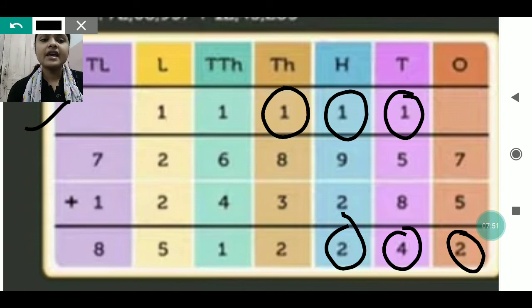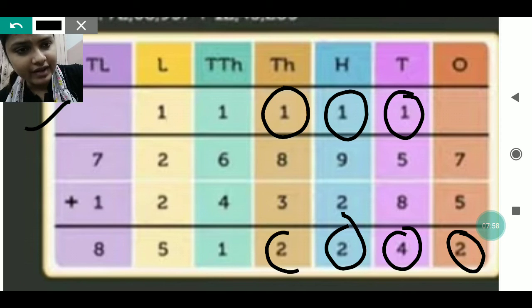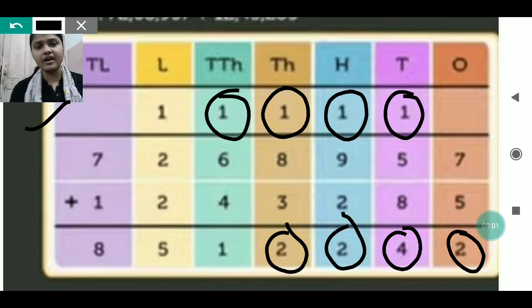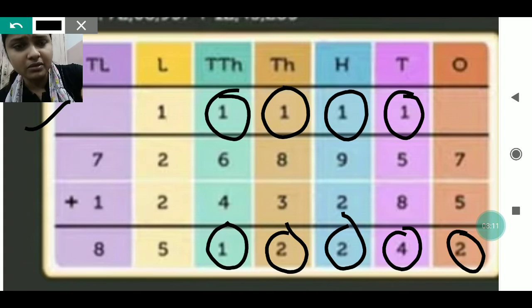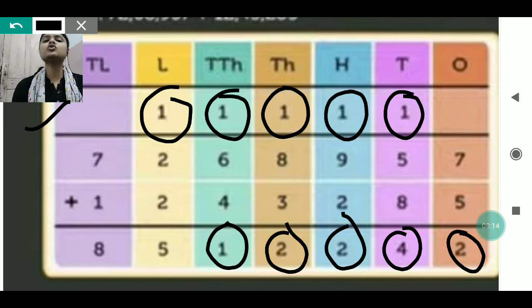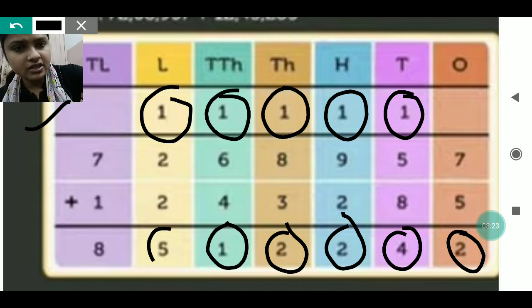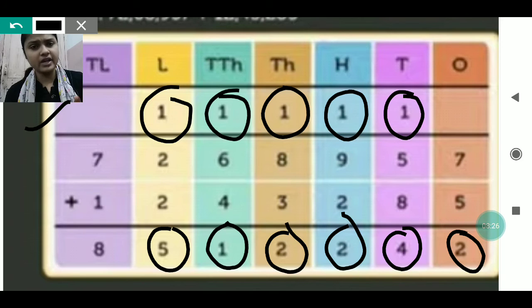Again you will add 8 plus 3 will be 11 plus 1 is 12 again. 2 will be written down and 1 will be again taken carry, which will be written on the next place. Now 6 plus 4 is 10 plus 1 is 11. So 1 will be written down and 1 will be taken carry. We always used to write the second digit downside and first digit we used to take carry. 2 plus 2 is 4 plus 1 is 5. So 5 will be written down and nothing is left to take carry.